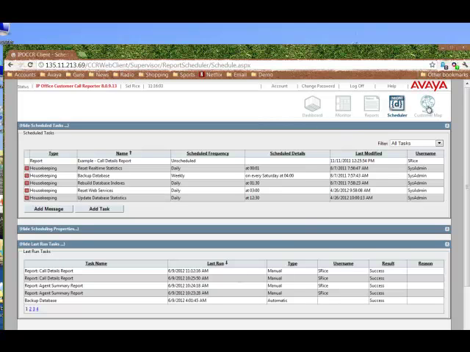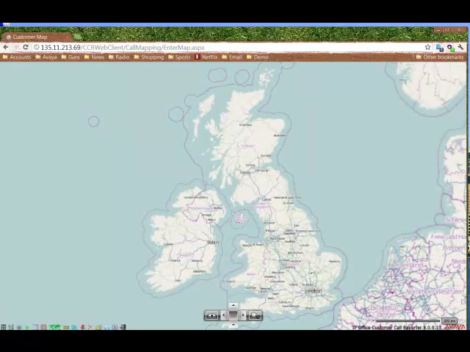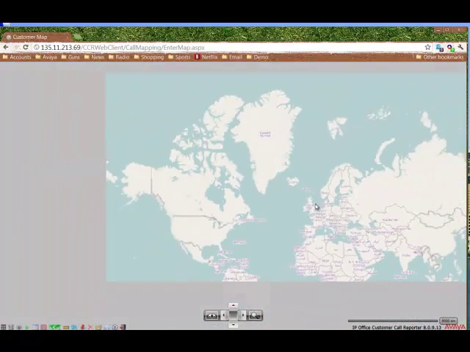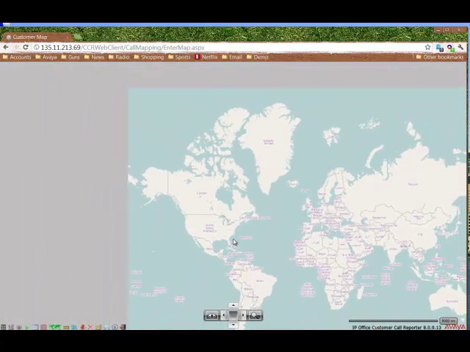Okay, the last area we want to take a look at here is the map. So this is a tool that would be helpful if I had a call center. Let's say I did a campaign, I sent out a whole bunch of mailers, whatever, and now I'm looking to see where my call distribution is coming from. So this is actually going to bring up a map, and I have no idea where the pins are. Kind of puts them in different places, so